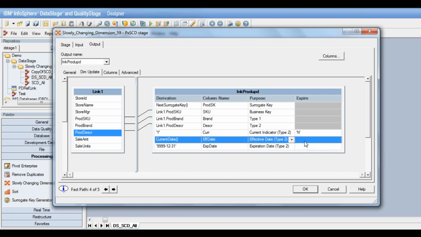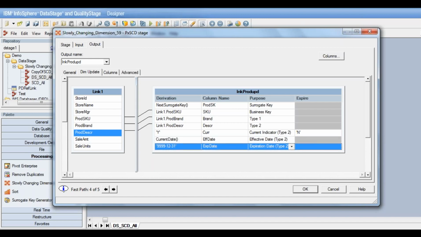What should be the expired value for the effective date? The effective date, I do not need to change. The effective date can be the same, whatever was there on the already existing record. What I'll need to change is the expiration date, because those records which are already existing in the dimension table need to be end dated. And what will be the end date?